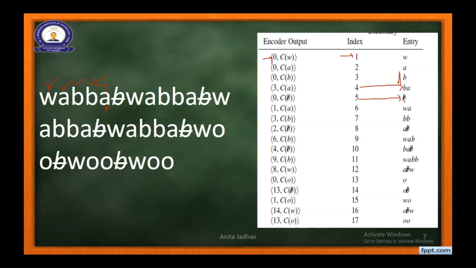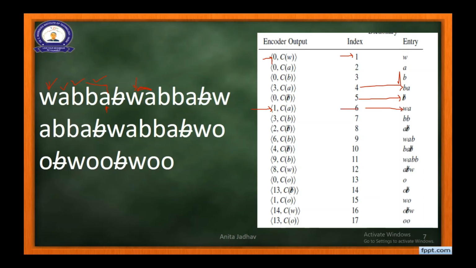So fifth position you have space. Now I read W. Is W there in the dictionary? Yes. Is WA there in the dictionary? No. So for W, I will be sending the position for W, which is 1. That is the position for W. Code word for A, and then I will include these two symbols at the next entry for the dictionary.